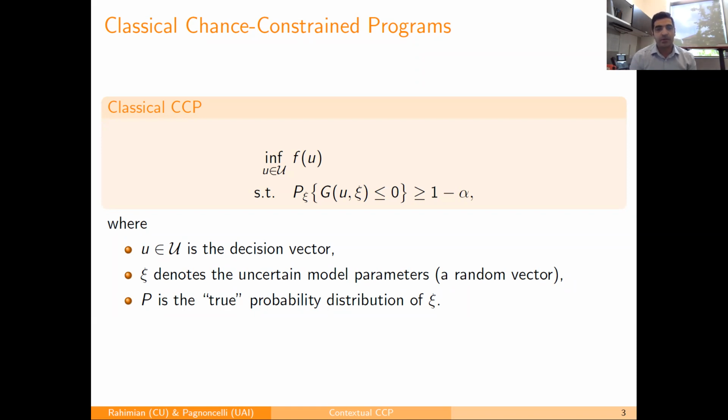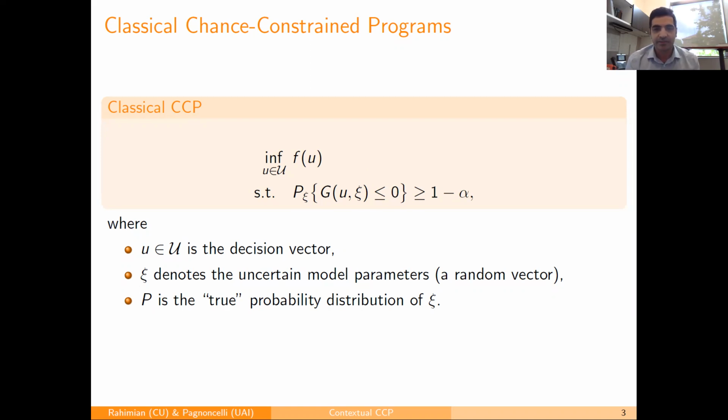Formally, let's suppose that you have a decision vector u that sits in some feasible region, capital U. You have your random parameters of interest, which are the uncertain parameters in your model, which is a random vector. And you have a joint probability distribution that is governing the distribution of your random parameters. You want to minimize some objective function as a function of your decisions, where you want to satisfy the constraint in the model, this generic form of g as a function of your decision and uncertain parameters,